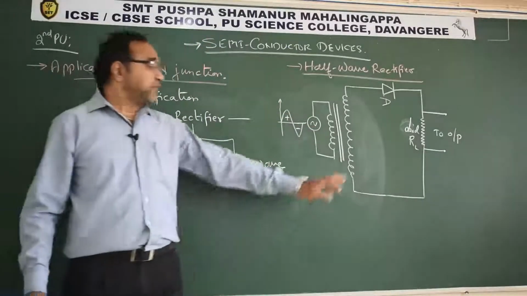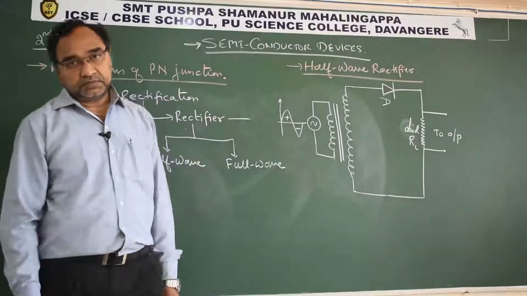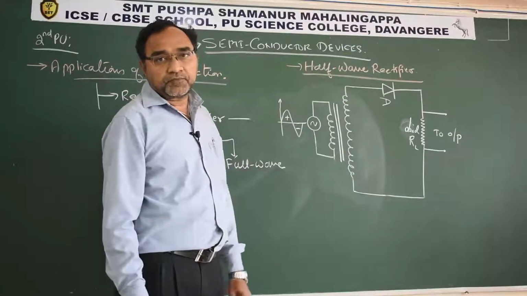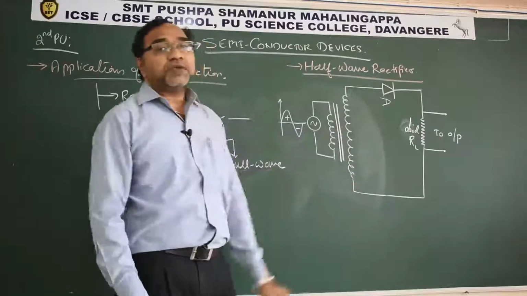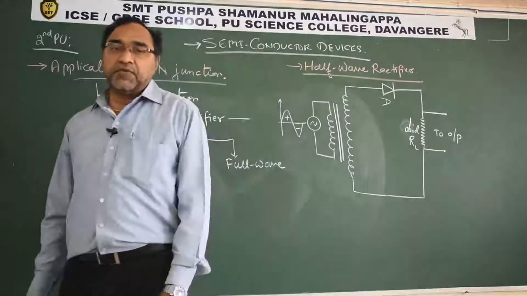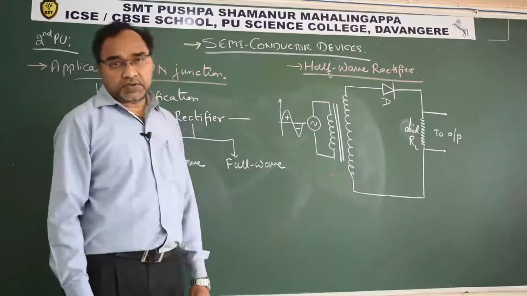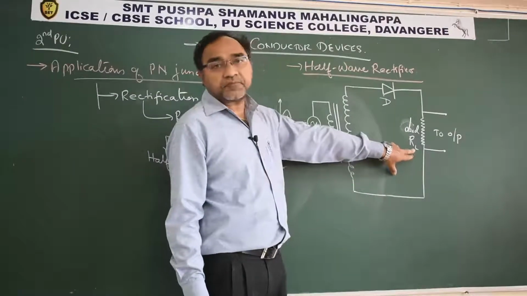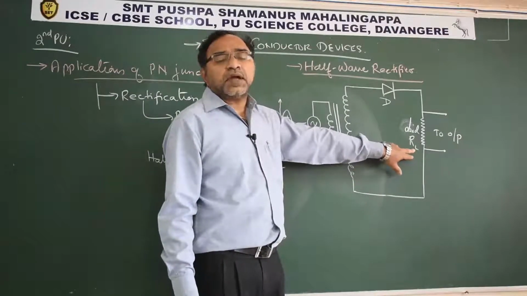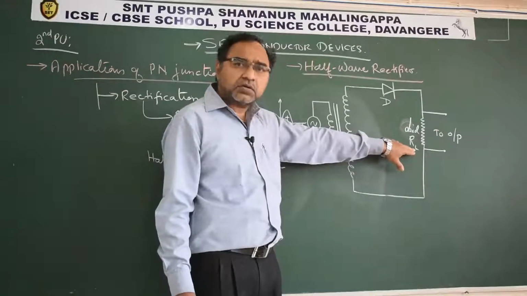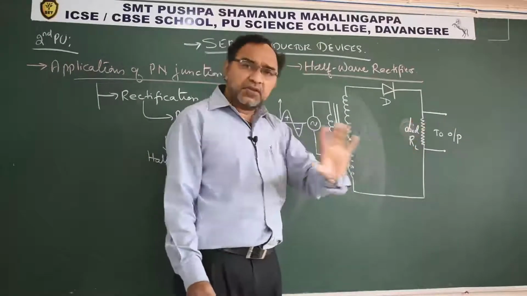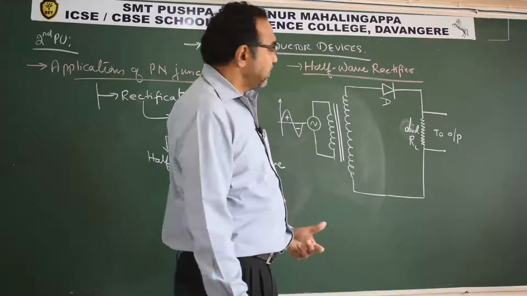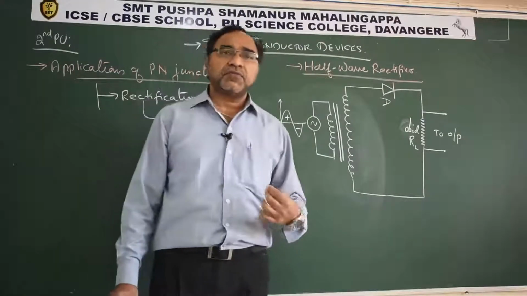Now, this is the symbol for a transformer. To the primary of the transformer we are feeding AC, and from the secondary of the transformer we are drawing the output. Here you can connect a lamp, or any device which can produce sound, an alarm or anything. That is why I have taken it as a load resistance. Load in no way represents weight. Please understand, in the language of physics, load resistance means the output.